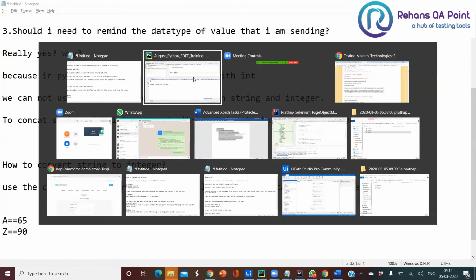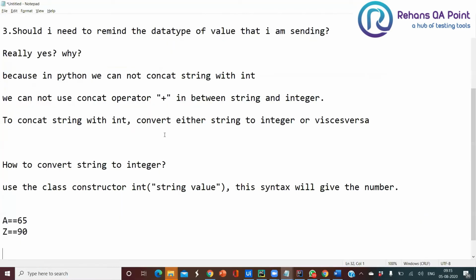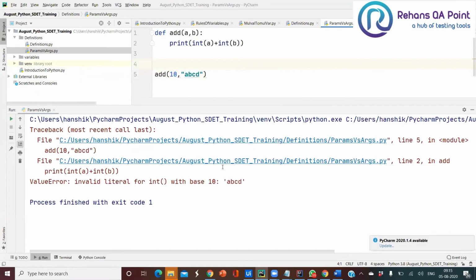So how is this conversion going to happen? Before converting, it will check whether the values that have been given fall in between the ASCII values of numbers or not. If they fall in between the number values, then only it will take the conversion. Else it will throw an exception. So now see here. This is wrong. That's what invalid literal for int.